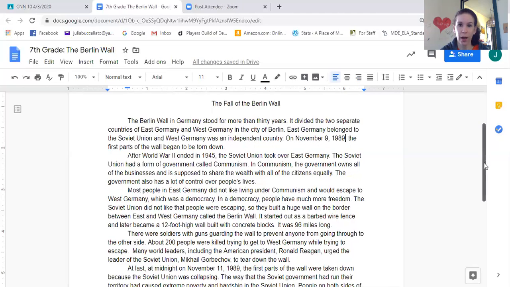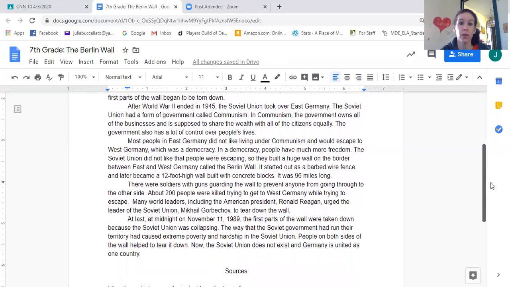So I'm telling you why this Berlin Wall was there. If you're writing about the Boston Tea Party, why did the Boston Tea Party happen? That's going to be part of what you're writing about. If you're writing about civil rights, why was it important that people wanted civil rights? What was going on in the world that made that necessary or made that happen? You need a little bit of background information when you're finding your facts. Why is very, very important. How is important too, right?